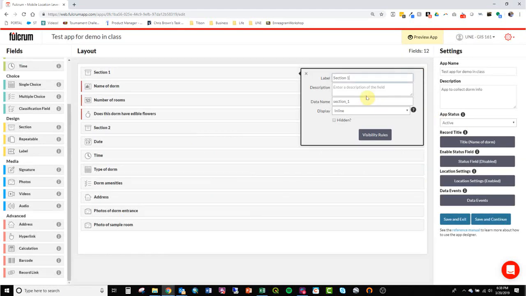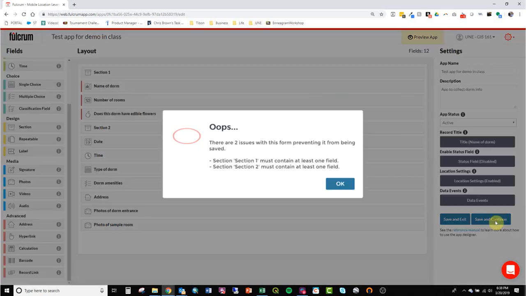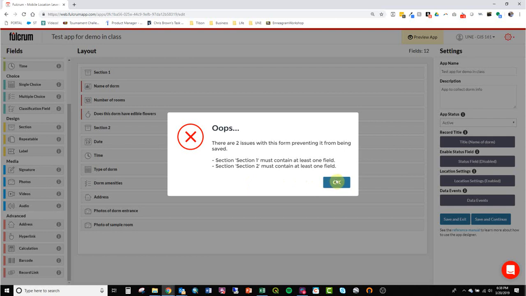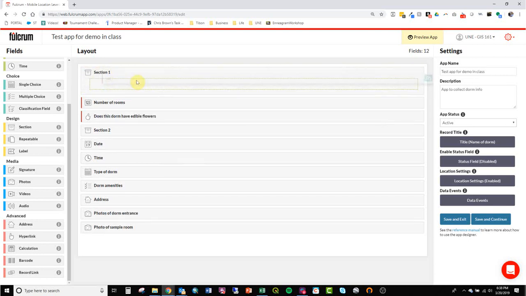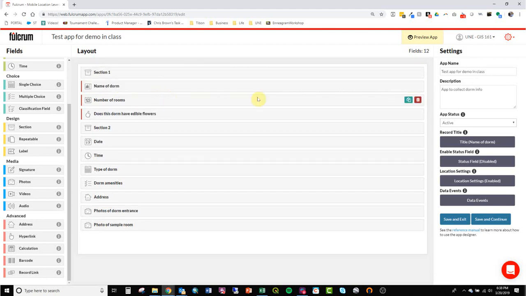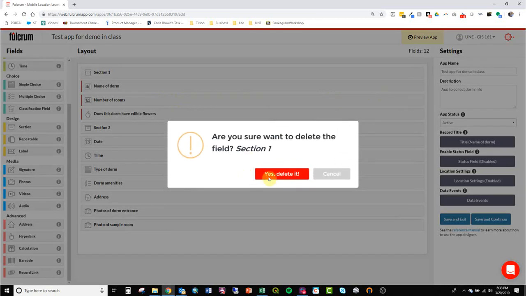Whoop, 2 issues. Oh, section 1 needs something. Really? Oh, okay. So you have to put these into the section, maybe? Maybe I don't know how to do sections. I've never actually done it before. I'm going to just remove